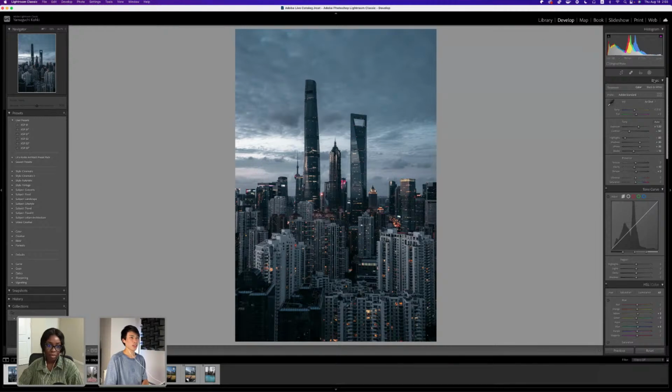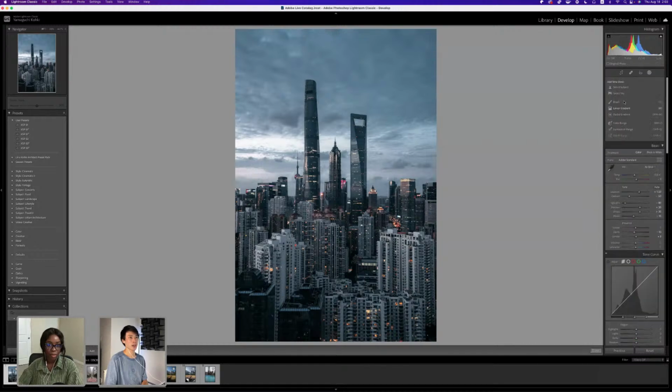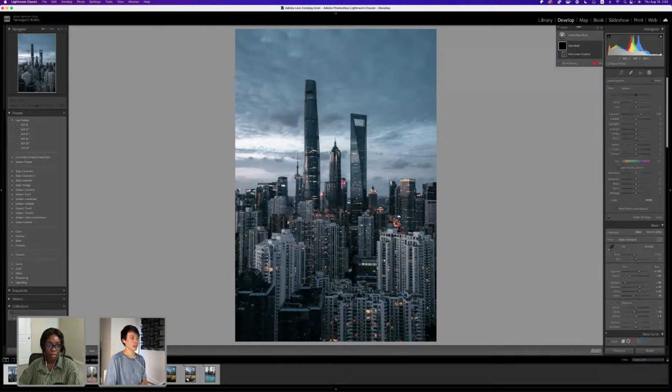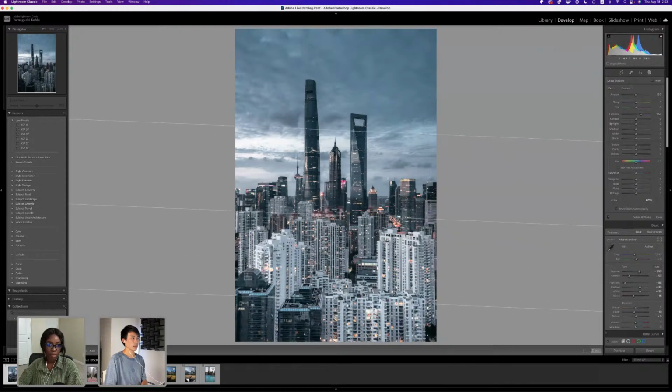So again, using the gradient, I might bump up the exposure so we can see a bit more. Everything in the shadow, we want to bring further into the shadow, and everything that's in the light, we want to bring up. In order to do that, let's start from the bottom half of the frame, where we focus on these white buildings. So we can draw a